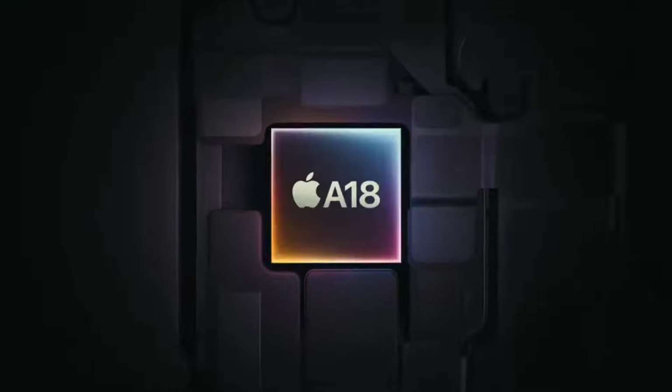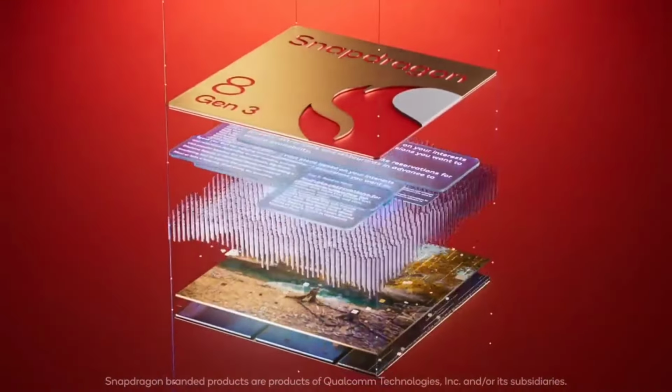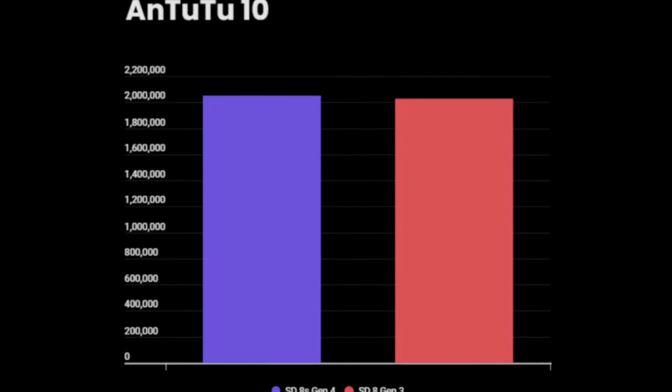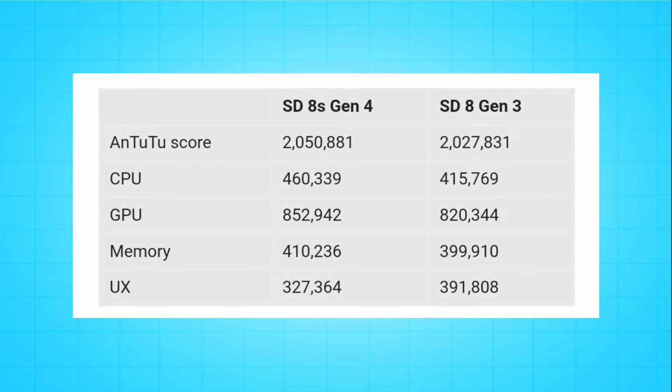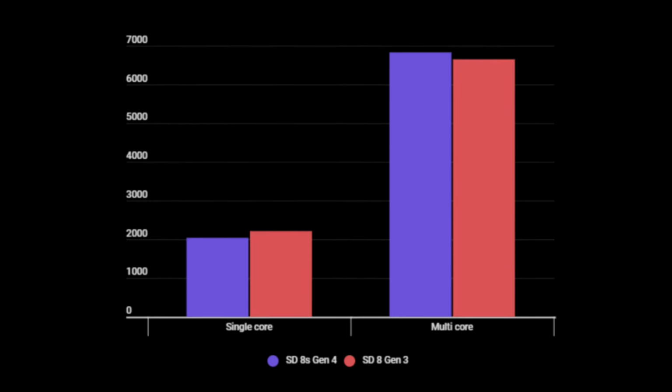Now flagship products are incomplete without flagship hardware, right? So for the processor, I think Nothing will either go with last year's Snapdragon 8 Gen 3 or the latest Snapdragon 8 Gen 4 or the 8 Elite. Now why no Snapdragon 8s Gen 4? Well, yes, the Snapdragon 8s Gen 4 does sort of outperform the Snapdragon 8 Gen 3 in raw benchmarks and performance, thanks to its newer and more powerful core structure and better and faster GPU, but the Snapdragon 8 Gen